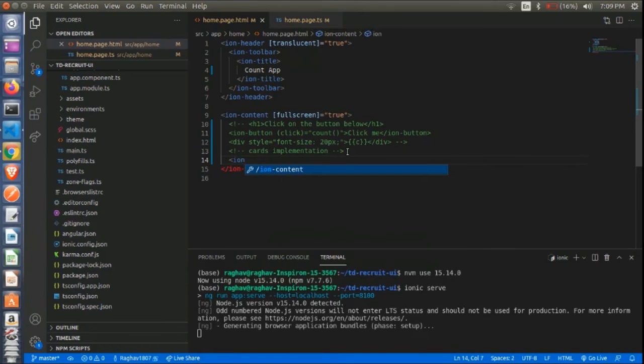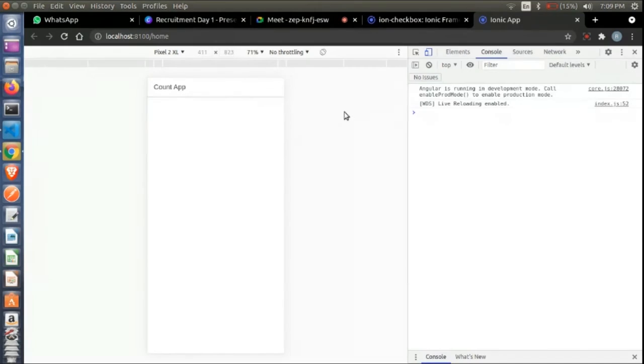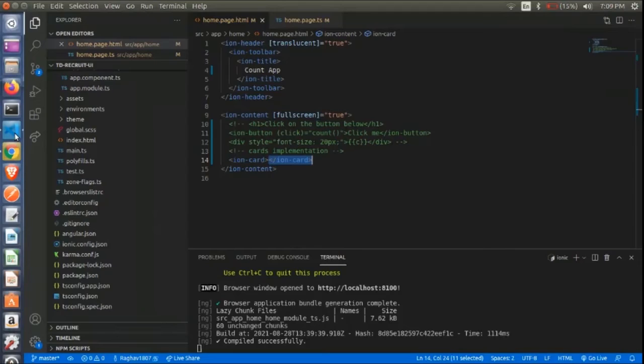The HTML tag for implementing an Ionic card is ion-card. As you can see, when I complete the greater than sign, the end tag appears. So the Ionic application has run. Now you press Control Shift I, or you can right click and inspect element as Hardik told you, and bring the app to the mobile view.